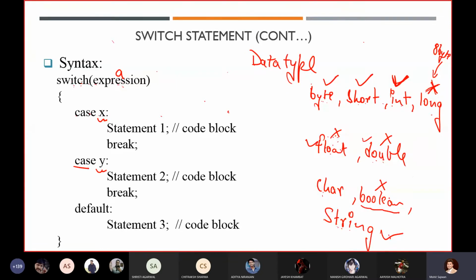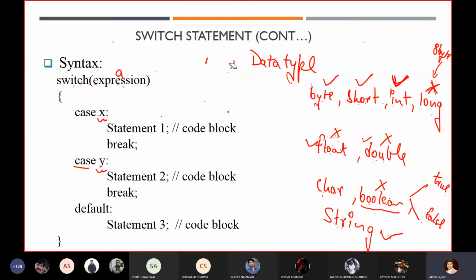Now wait, why have they removed the boolean over there? Because you already know that whenever we are using a boolean expression, we always get only two values, either true or false. So they have recommended that it's better to use if and else in that scenario. There is no need to use a switch statement whenever you are getting boolean kind of expressions, because you will have either true or false. So in that scenario, they have removed boolean expressions.